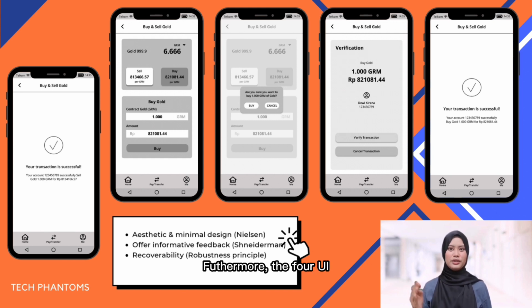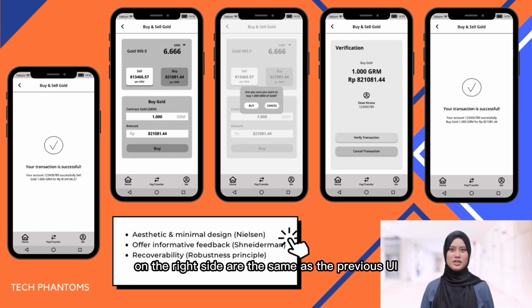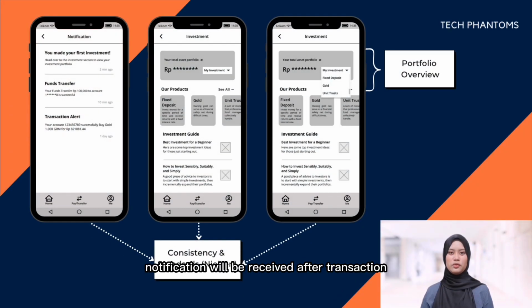Furthermore, the 4 UI on the right side are the same as the previous UI but for buying gold. Last but not least, notification will be received